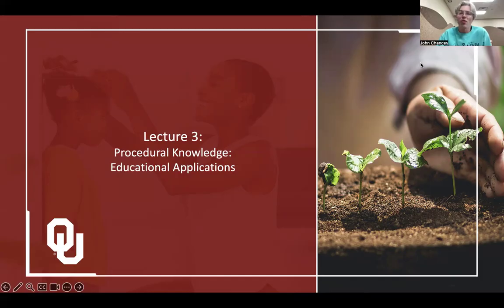But now we're going to move over. We talked about declarative knowledge, we've talked about procedural knowledge, and we're talking about them separately, but there's a lot of overlap between them. Now we're looking at teaching procedural knowledge and some actual educational applications. We're going to look at a couple of methods that you might want to use as a teacher,